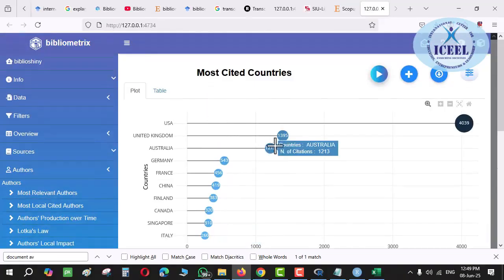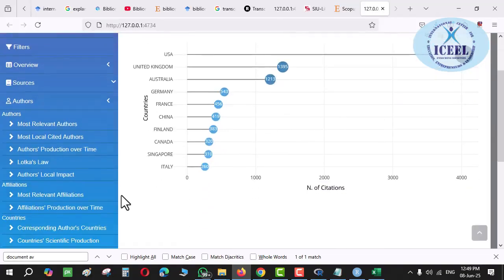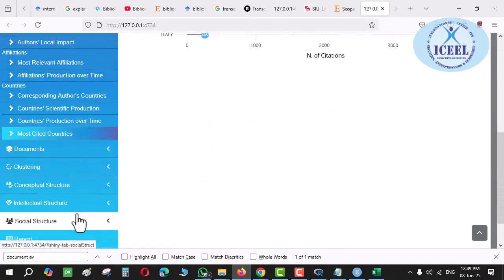So what is better for you? To find some researchers in the UK, Australia, or maybe the best is the USA, so that you can also get the maximum number of citations, because people are hitting more onto the researchers from this country. Correct? So that is the most cited country.